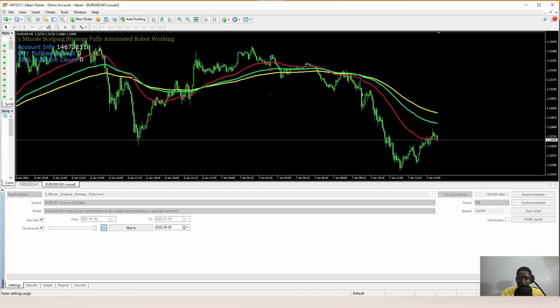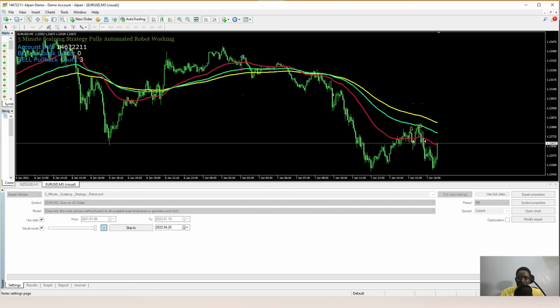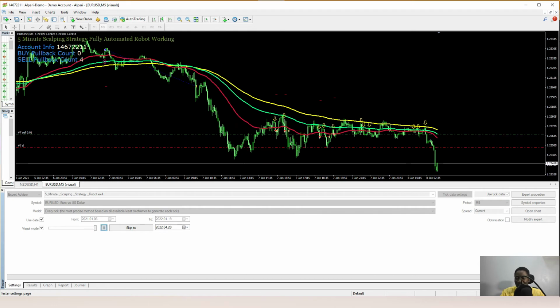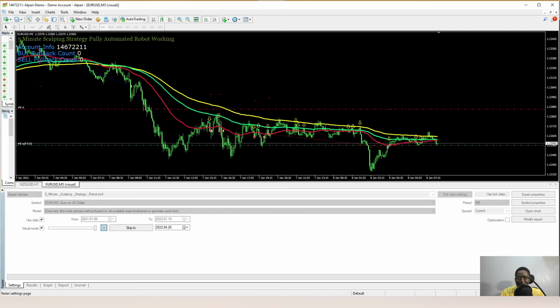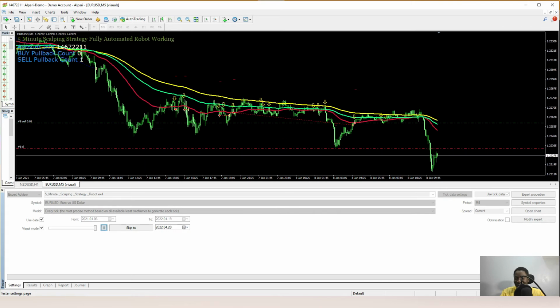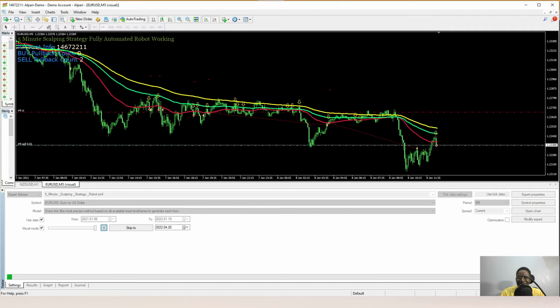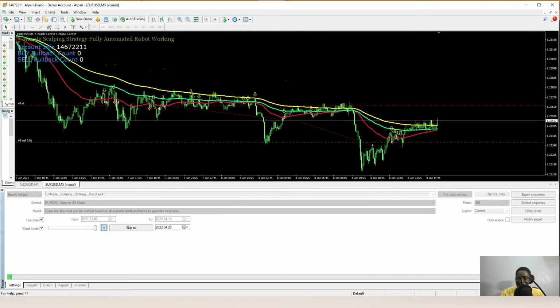It closes the stop loss, so it has another sell trade. So let's continue watching. You can see the sell trade coming in. See the trading stop working. This is another sell trade. See the trading stop. Look at how the trading stop is really moving. So let's continue doing our back testing.